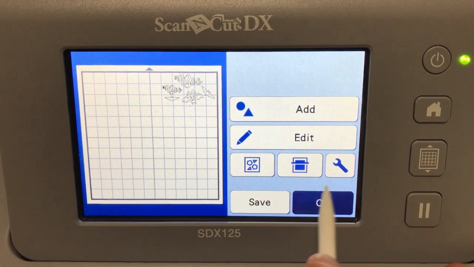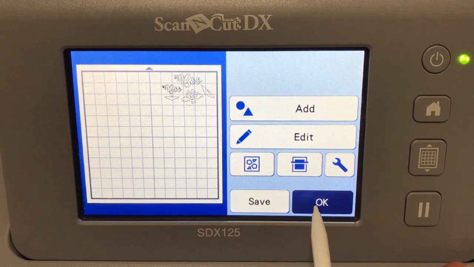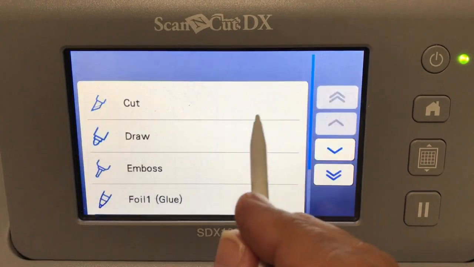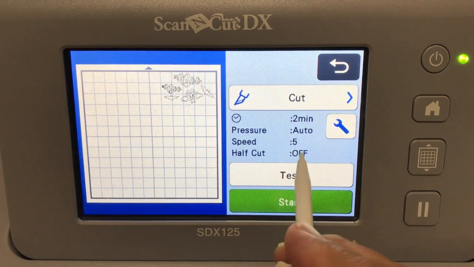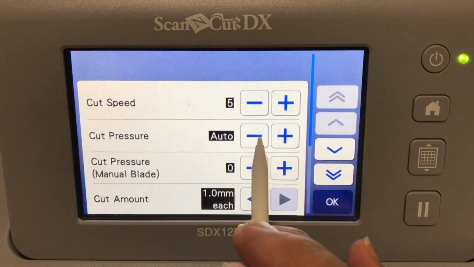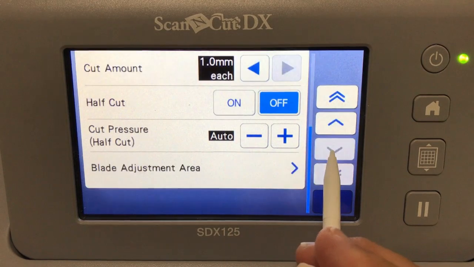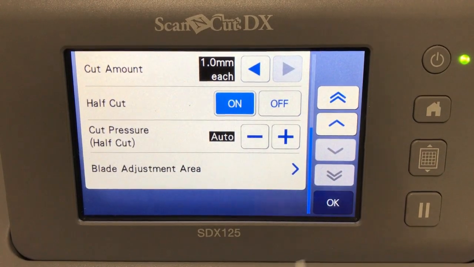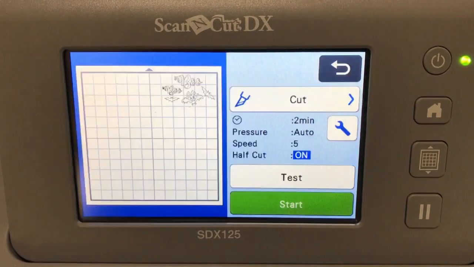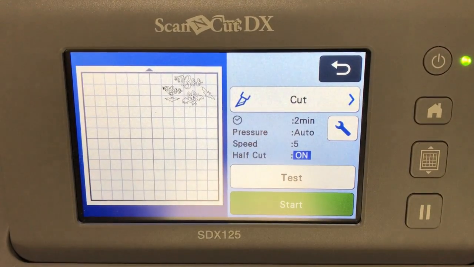All right, with that said, one of the things I want to tell you is about the settings. So we're going to click OK. We're going to select Cut. When you're cutting vinyl, I like to turn half cut on. And then that's all you need to do normally for most vinyl on your SDX125 machine. However, this is really thick vinyl. I'm using this nice